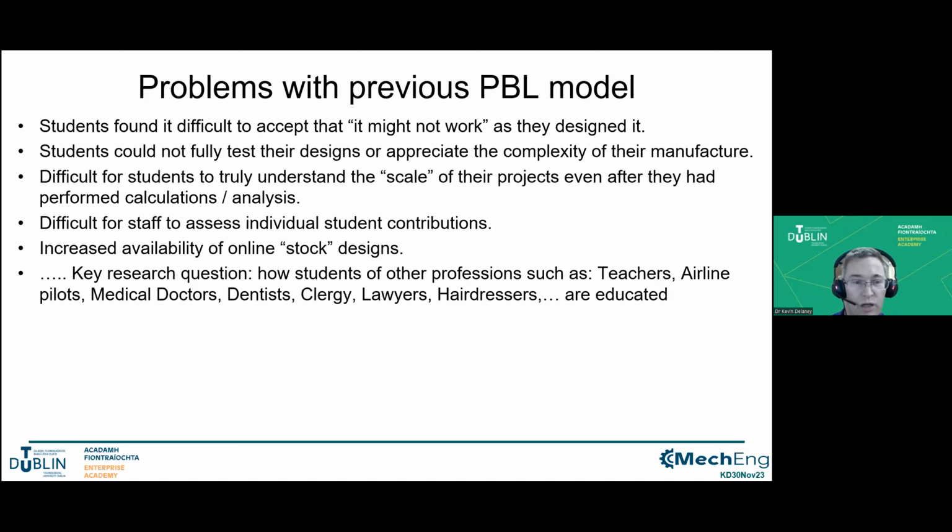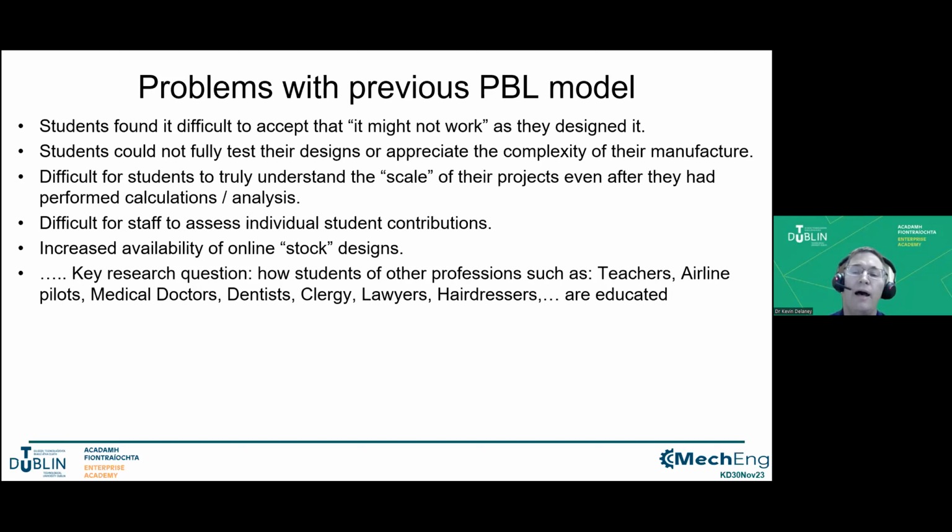Of course, we could watch, we could monitor, but one of the key problems that we had was we started having very large repositories of online CAD models. So essentially the module had kind of moved from design over to just glorified CAD models, and all the students had to do was to create a model that looked nice. And we felt that really wasn't enough.